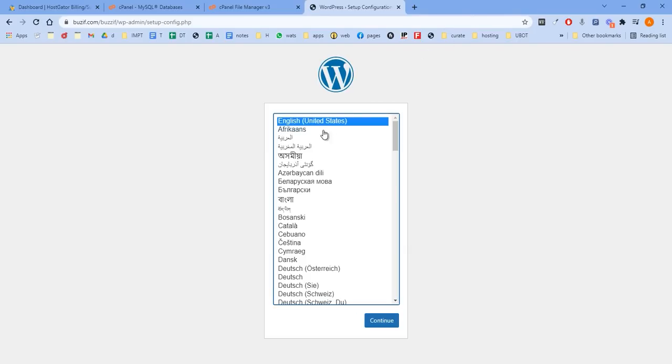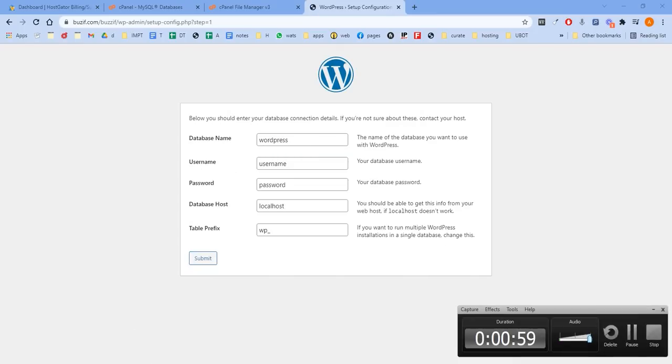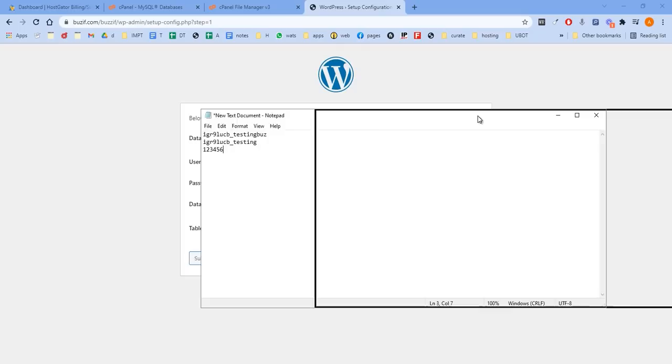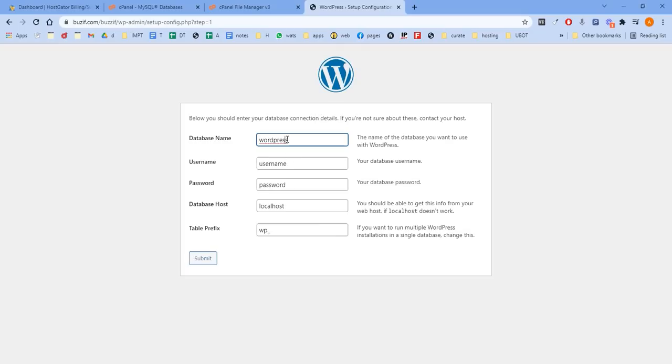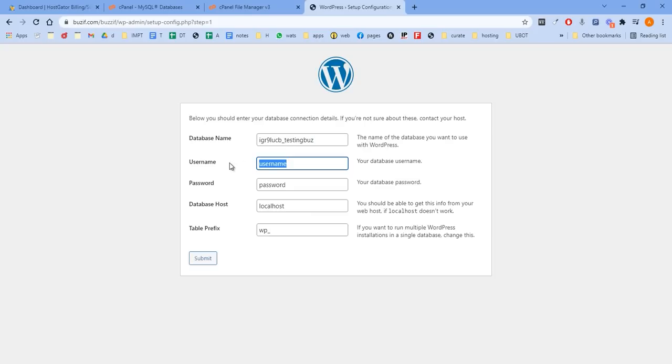You need to configure. Select the language in which you want to install your WordPress website. Yes, English is the main language I'm using. Click continue. Now here, do you remember that we saved a few details of our database? Here we are going to use them. So click this let's go button. Good. Here we enter the database name, copy and paste it, and the username, paste it, password 123456, paste it, localhost, leave it as it is,